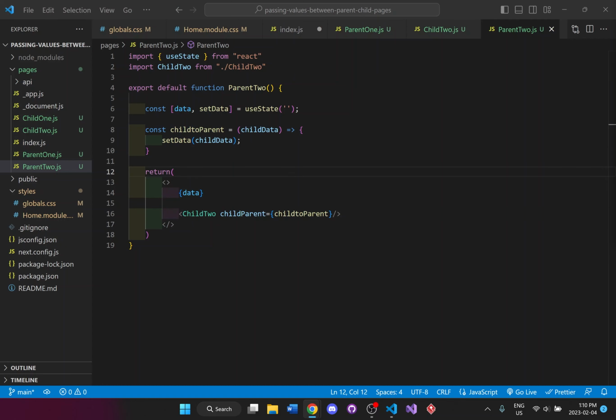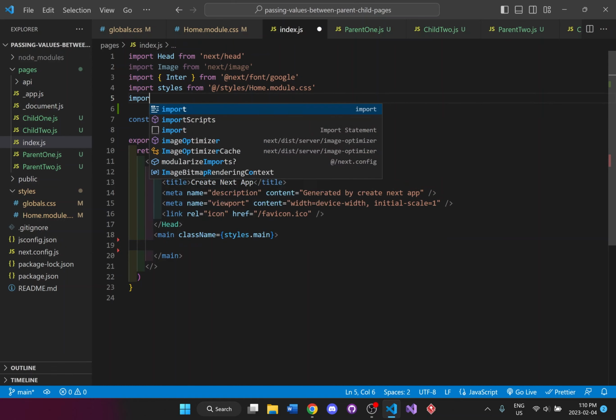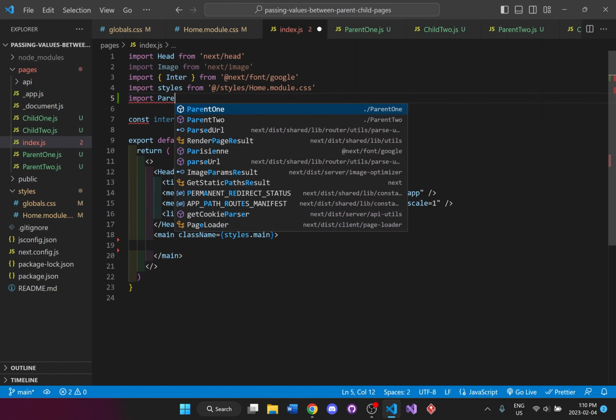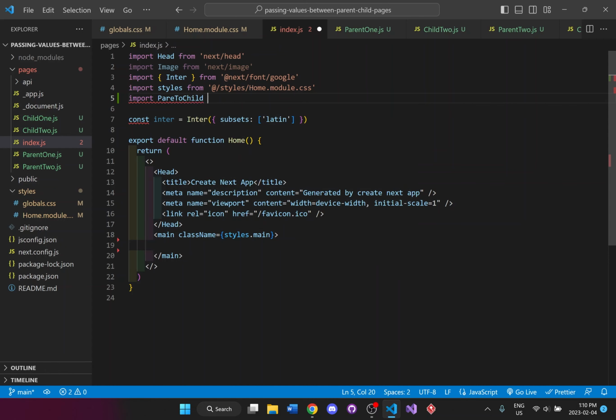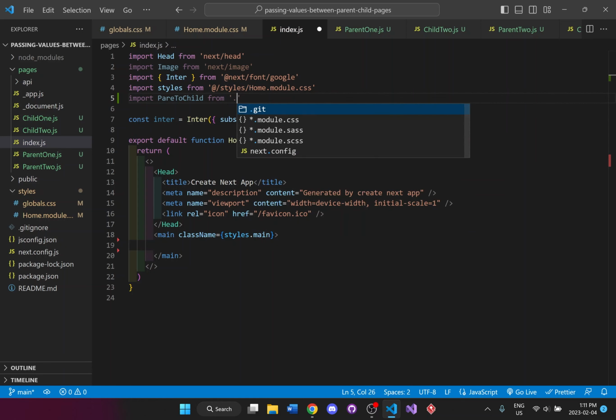Let's actually put all these pages together now, and we're going to go back to the index.js, and right over here I'm going to be adding or importing parent to child. So I will import parent to child from parent1/parent1.js.